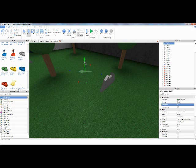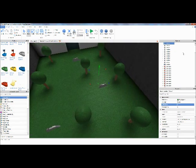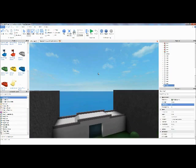Scattering them around to prevent spawn kill. I believe I should have at least 5. How many raider spawns do I have? 1, 2, 3, 4. Alright. I have 4, so I'm going to make one more group spawn. This one's actually going to be very close to the wall. What? So, anyway,